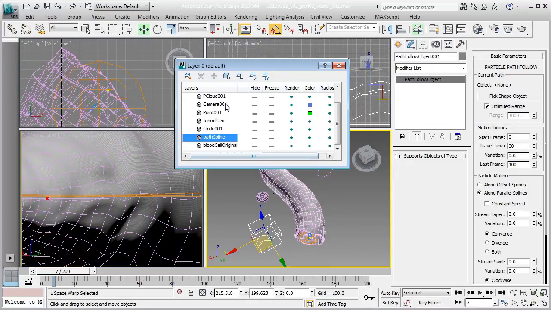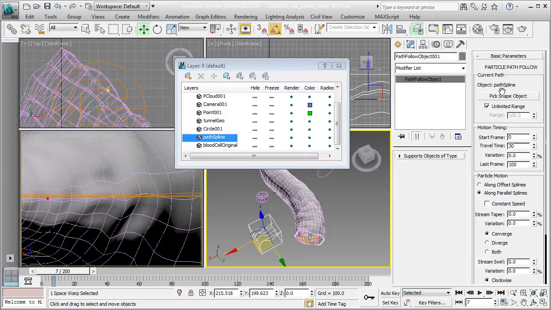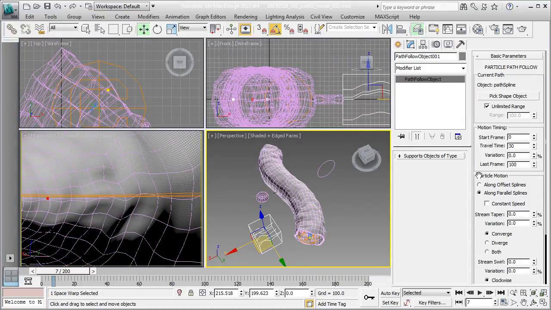So I'm going to pick my shape object and then use my H key to bring up the object picker, and then I have path spline. So I'm going to hit pick. We must ensure that it updates here. Sometimes I like to double click and somehow it's not updating and it's not selecting. So okay, so now